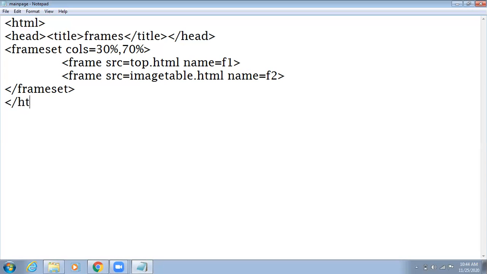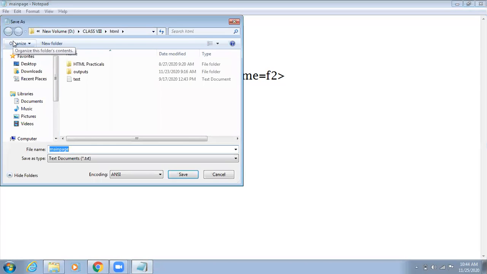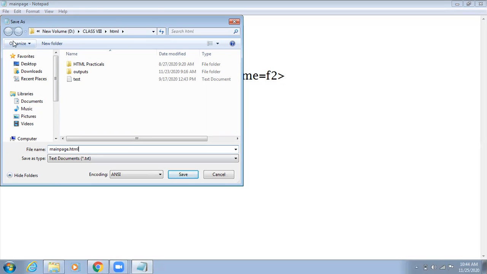Now it's time to close the HTML tag and save this page. I'm saving it as main page.html. You always have to take a name which should be globally accepted.